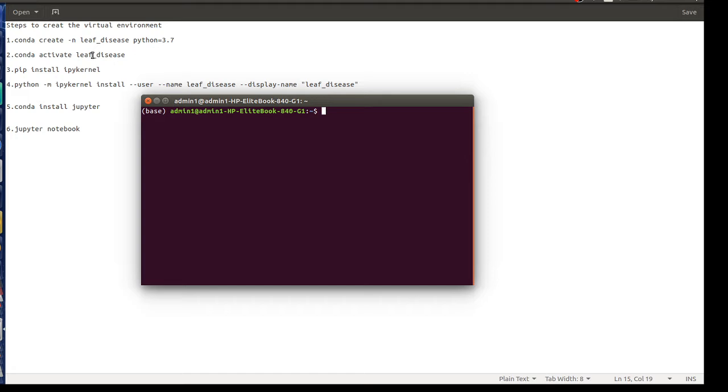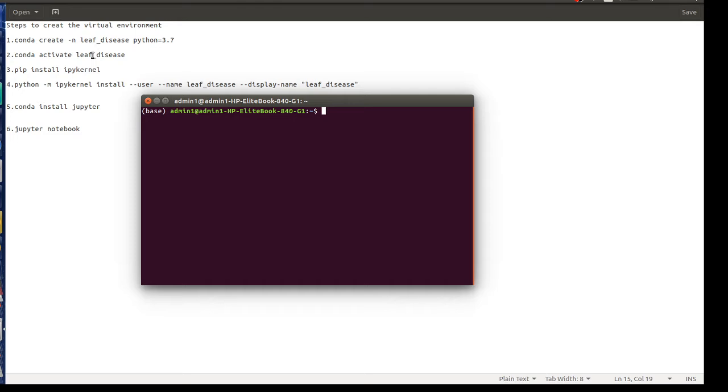Now we're going to see how we can make that. Actually, what is a virtual environment? A virtual environment is just like a box where you install particular versions of libraries that are needed for that particular project. Whenever you want to work on that project, you activate that environment. It means you go into that box and work on that project, come out of it, and go for another project.